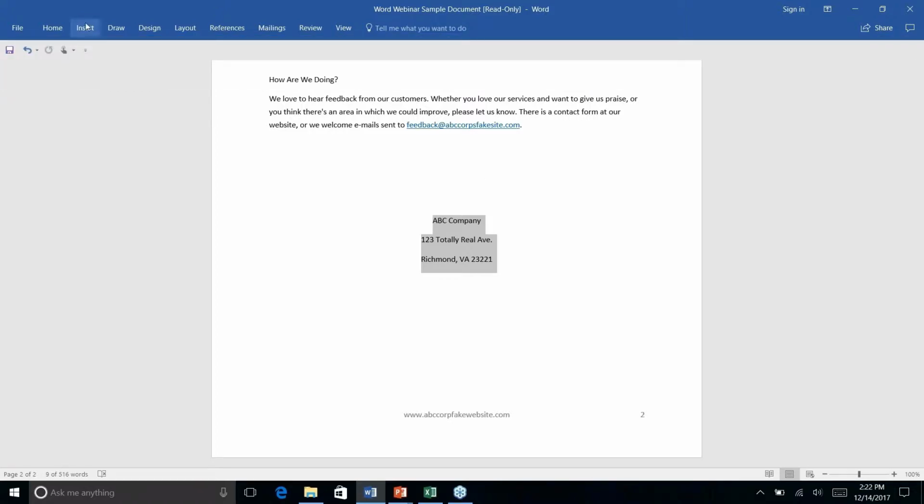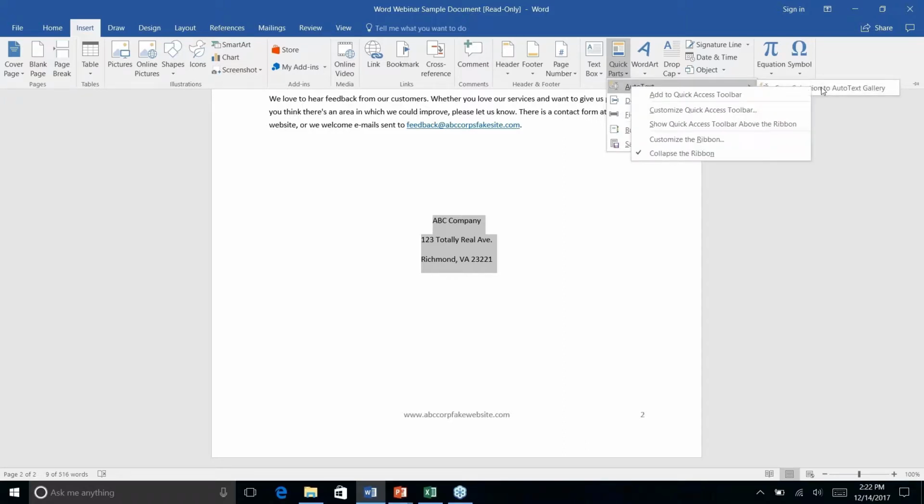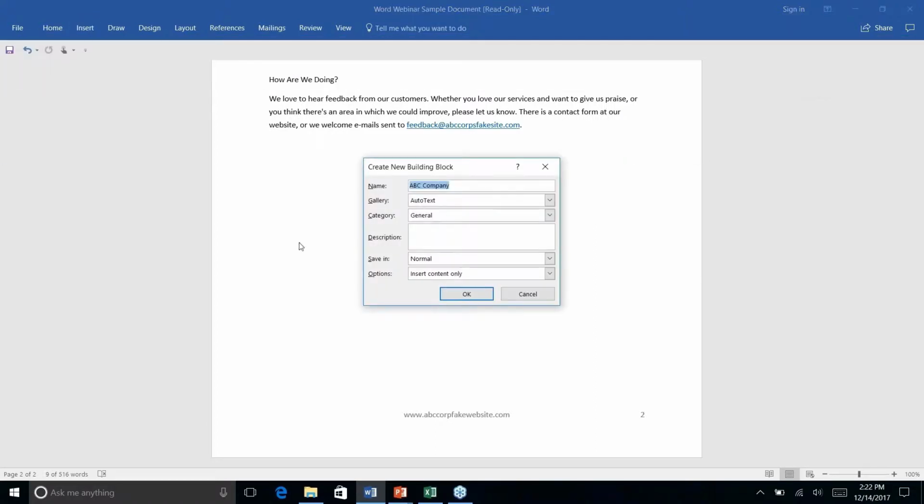Okay, so you're going to want to highlight the information, go into Insert, and then Quick Parts. This option here, right at the top where it says Auto Text, you have the option to save selection to auto text gallery. If you click on that, you can add, this is going to say create new building block. So building blocks are what they're calling these individual elements that you can add one at a time or in batches at any point. So this one, we're going to name it, it's going to automatically populate the first line of text. Let's say I want to call this